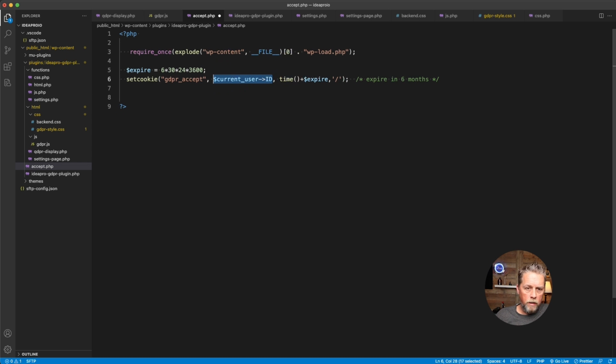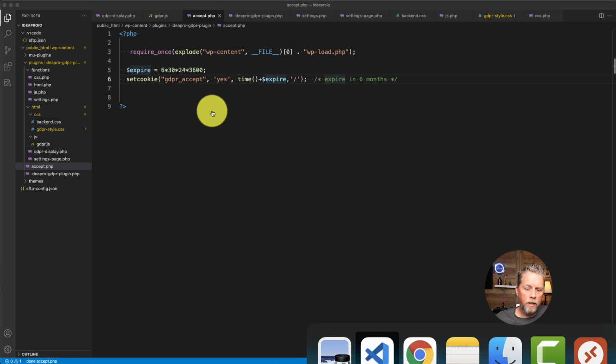So current user ID, we're not going to worry about that. We're going to say just yes. And the time expire, which is 6 months. And then the slash here is for the entire site. So now if we go back over to our